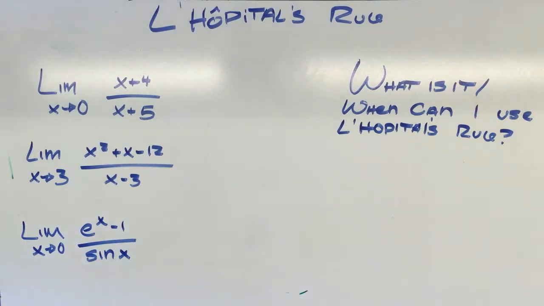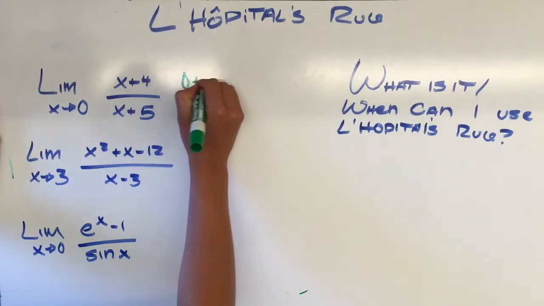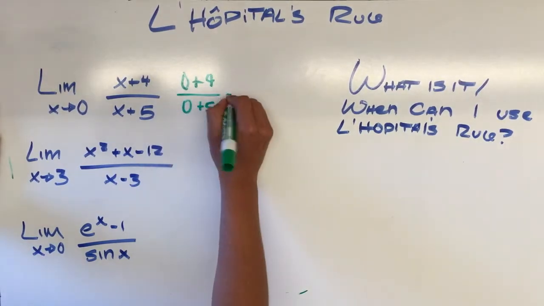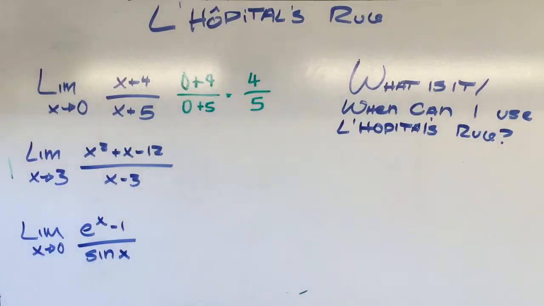As we've already learned, there's certain ways we can solve limits. For one, we can just do the plug and chug, as Ms. Merck likes to call it, where say you'd have a limit of, as x goes to 0, of x plus 4 over x plus 5, then you can just go 0 plus 4 over 0 plus 5 to get 4/5. A more advanced